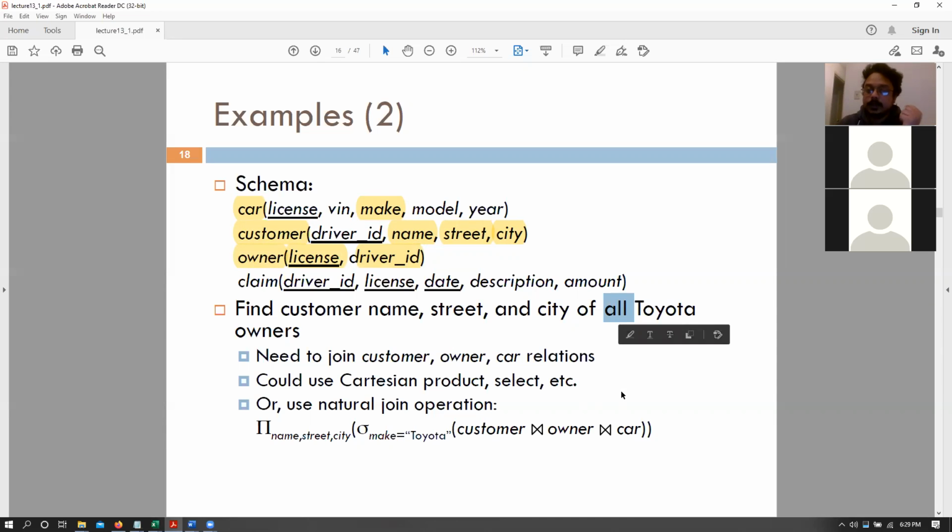Then if there are multiple tables, it usually ends up being a question about whether it should be a natural join or a left natural join. So if there are customers that have a driver ID but don't have a license, basically don't have a car, in that case I also maybe want the customer name and street. Well, not for Toyota owners, obviously, but we might want to count all the customers that have that many cars. So that also comes up if we are performing a left join or a right join.